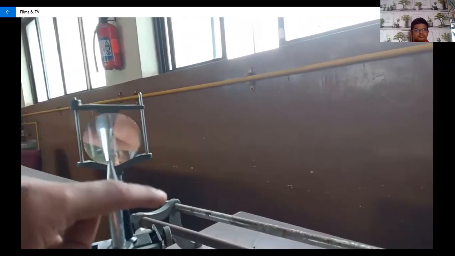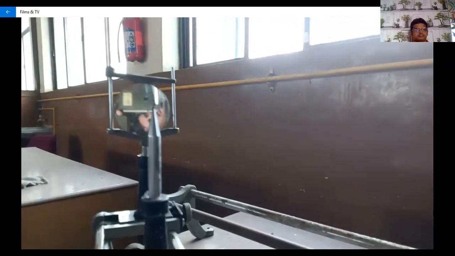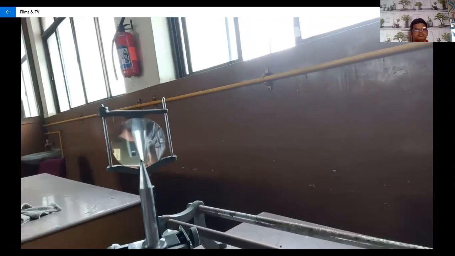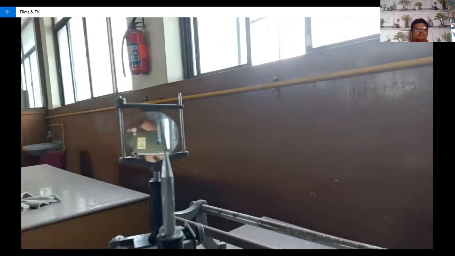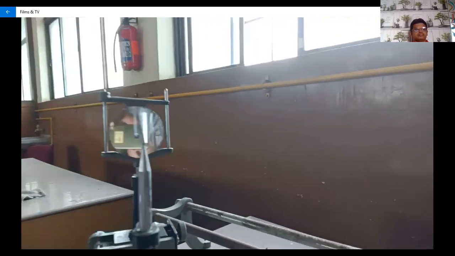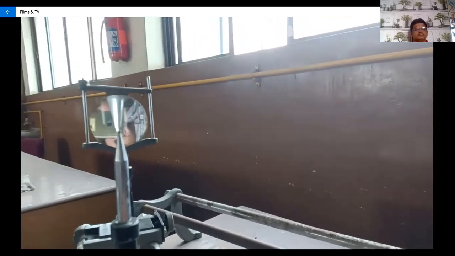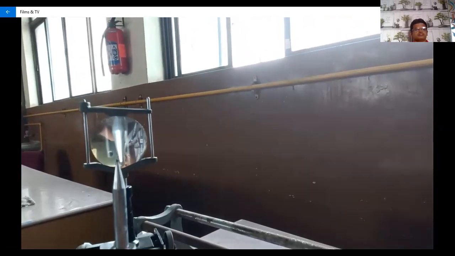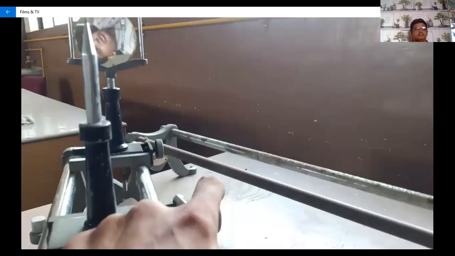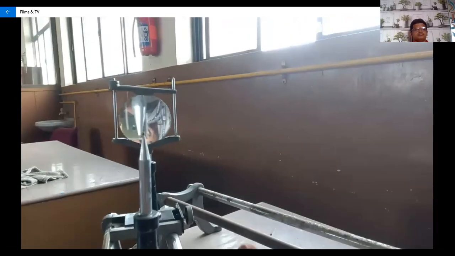So it is an image from this given object pin. Now we want to set both the object and image pin on the up or down, and we move our face. Now both pins go to the same side, so here we remove the parallax. Now from this pin you show here how you can set. So with the help of this screw, we set the object and image pin on a common straight line.